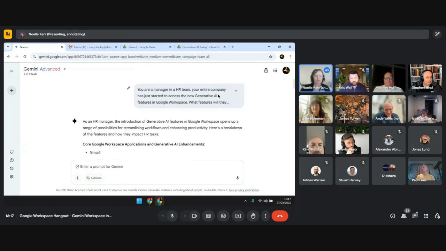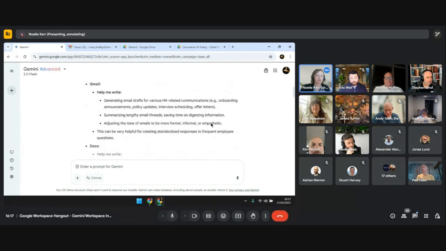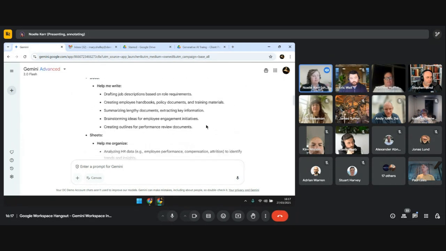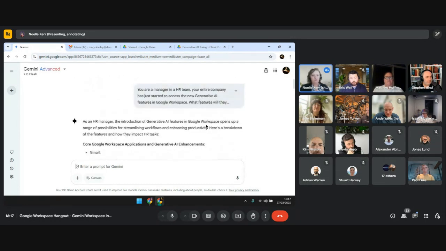Very, very quickly with a smaller question like this, we've got some really good information in here, and it's telling me, broken down into sections, what it's able to do in each of these different areas that I'm coming across. You'll notice because I simply put in a prompt and hit click, my Deep Research option has disappeared out of the prompt bar, and that's because I've started a piece of work. I'm not doing a research piece of work, so it's recognized for this particular chat that I don't need that, but we still have the Canvas options here.